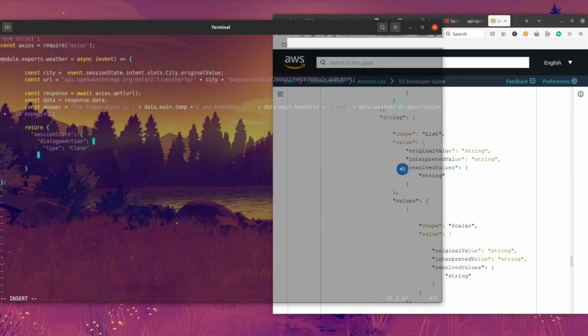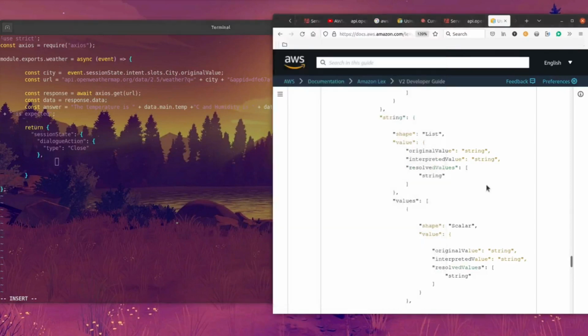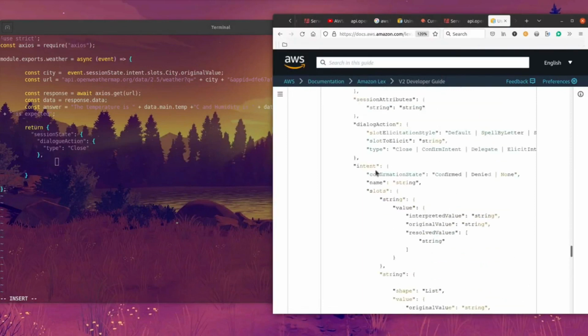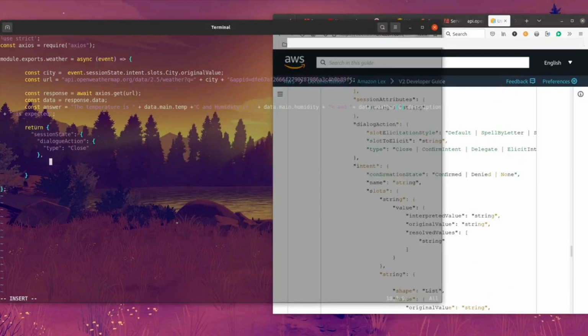Okay, so now after the dialog action we need the intent. So back to here again, intent, dialog action, now intent. So for the intent,